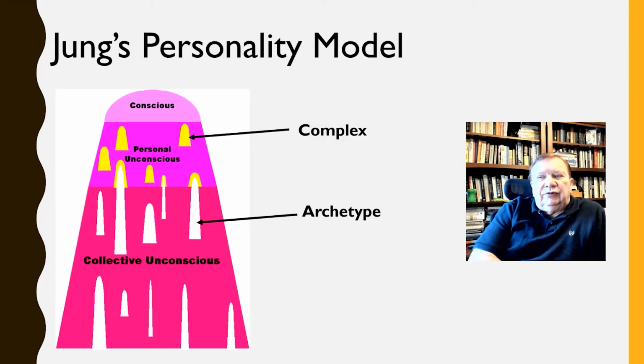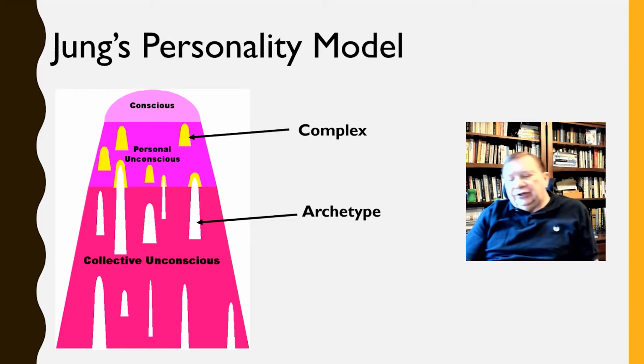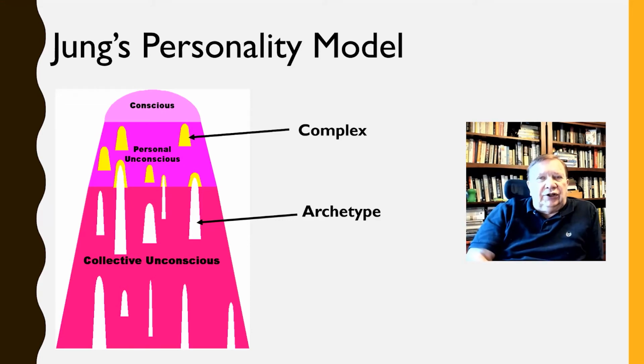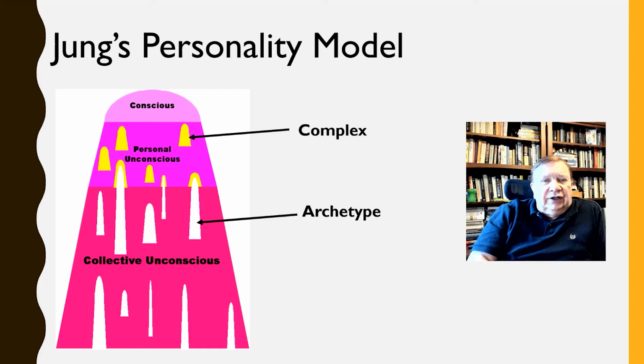Now, this is my drawing of Jung's personality model. I've been using it for a long time. You can see it's extremely primitive computer graphics, but it does the job for me, and I'll show you some alternate drawings, not to tout my model, but just to show you different views. Imagine this as a big kind of cone-shaped structure, and we're slicing right through the center of that structure. Now, let's look at this. Just like Freud, we have the conscious, what you're thinking about right now, the information you can access. Then Jung's second level, and I would consider these levels going down,